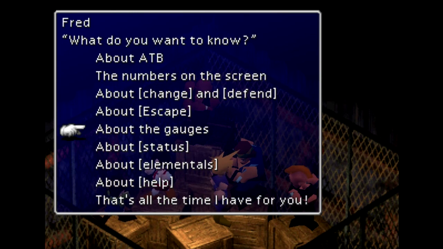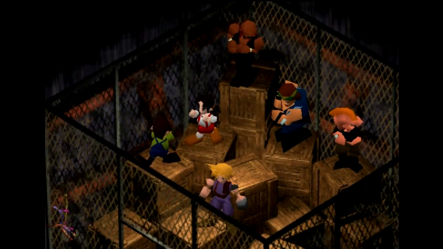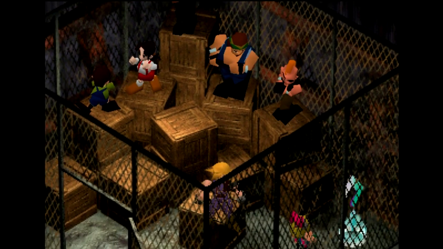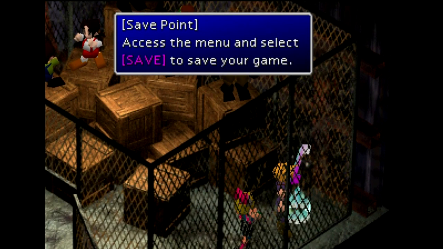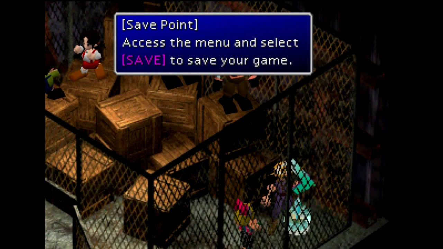About the gauges, we've kind of gone over all those. Status, we have not gone over. Elementals, we have not gone over. But really, there's no point in that just yet. So that's all the time that I have for you. The status effects and the elementals we'll go over when we have the proper equipment for it. But for now, as I find the save point here, that is going to do it for these parts of